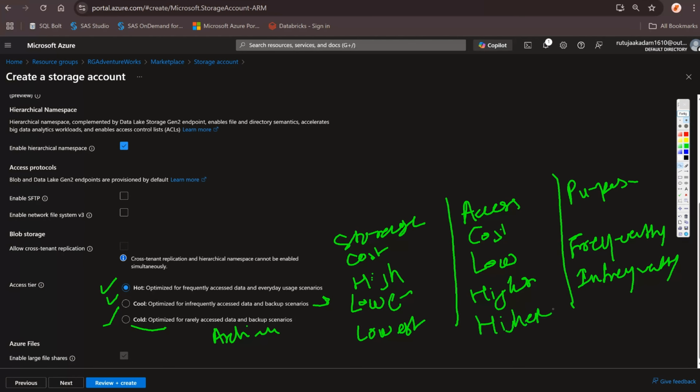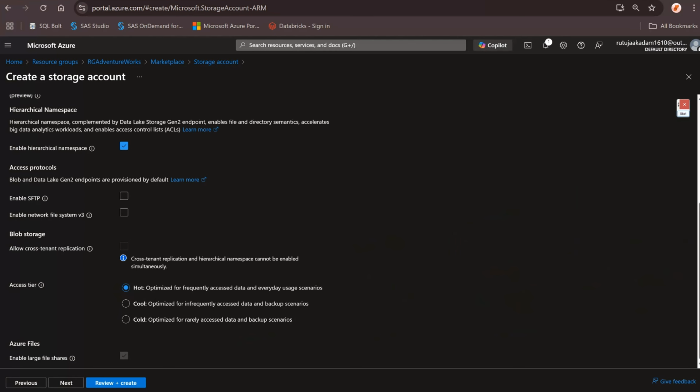And the purpose of this would be to store long-term storage data or backups, which we are going to access very infrequently, like within 180 days. So for that, we are going to opt for the cold tier, which is nothing but the archived tier. Right now, in our case, we are going to access the data frequently, so hot tier would be preferable. So I'm going to select hot tier,